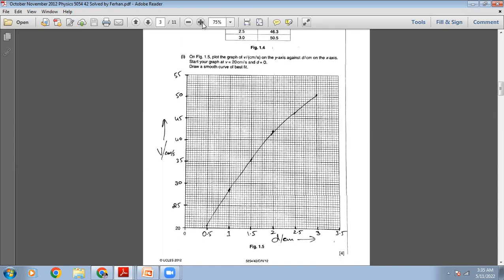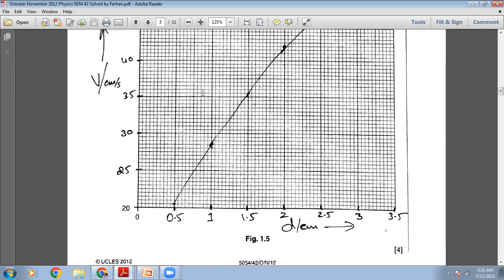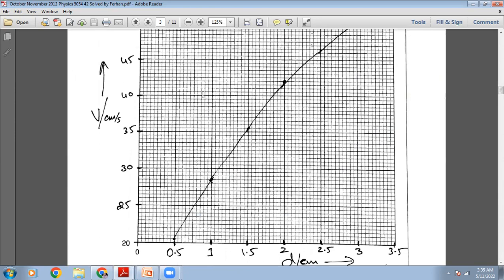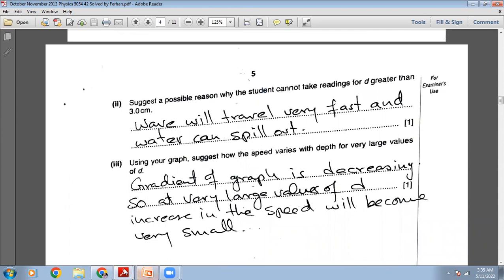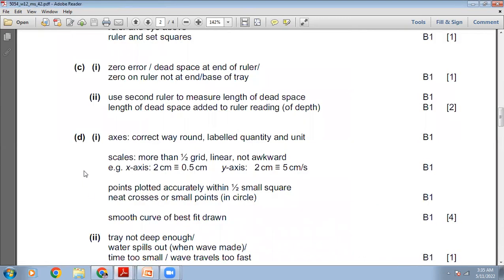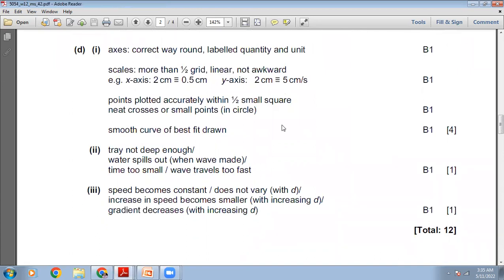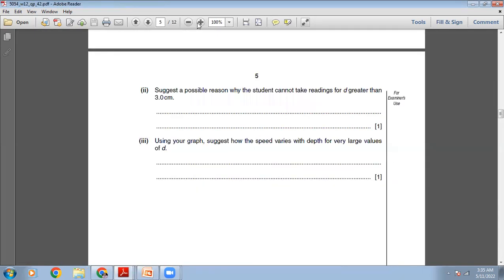Okay, I've tried to draw a smooth curve. Hopefully you can see this. Once you are done with this, let me show you the marking scheme. This is the marking scheme for that part. Then their next question is,